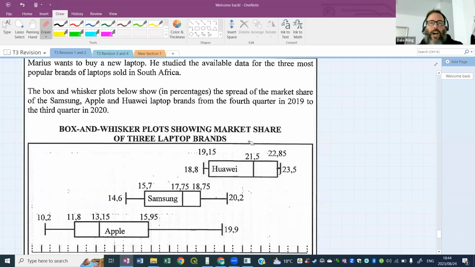So market share means how much of the market you own. So if Apple sells the most products and most people buy their product, they will own most of the market share. They will control most of the market share. Okay, so for example,